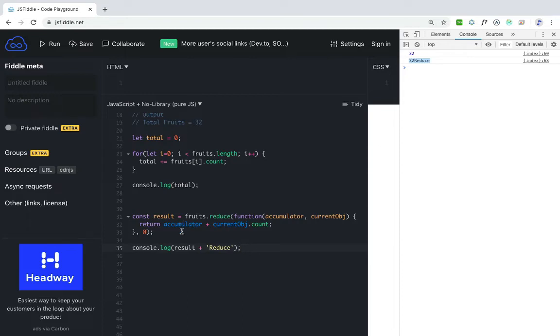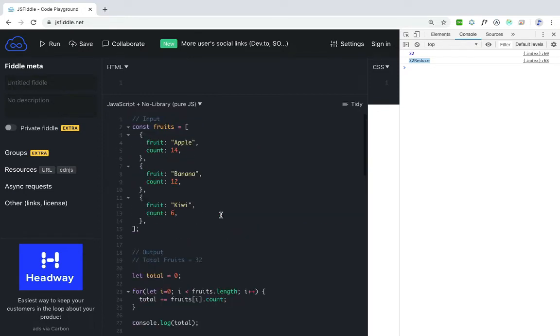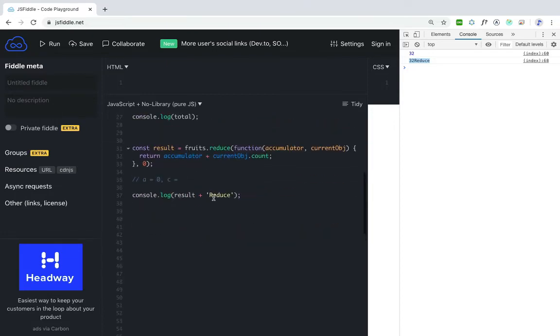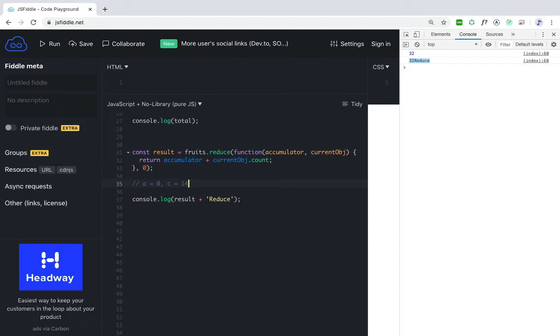So let's see the working of this method. Initially the accumulator, let's say it is a, is 0 and the current object is, what is the current object? It is 14 for apple in the first iteration. So after the first iteration a will be equal to 14.